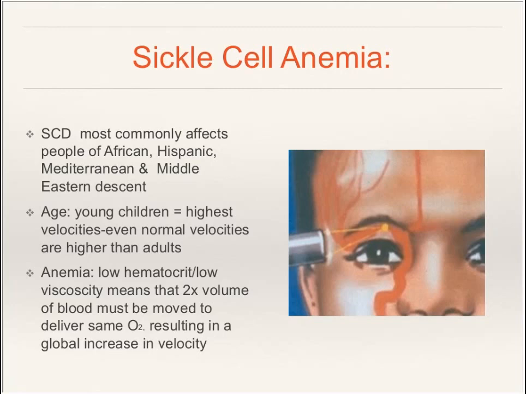And children with sickle cell anemia, even if they're normal, have a higher mean flow velocity than children without sickle cell anemia. So you already go in knowing that because of their age and because they have sickle cell anemia, their velocities will be higher than what you have encountered in evaluating adults. Now, we know that anemia causes them to have a low hematocrit and low viscosity, so that, in essence, you have to have 2 times the volume of blood flow to be moved to deliver the same amount of oxygen to the brain. So, therefore, the red blood cells have to work hard in order to deliver the oxygen